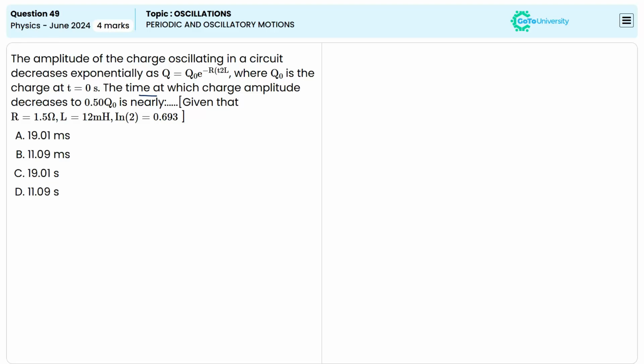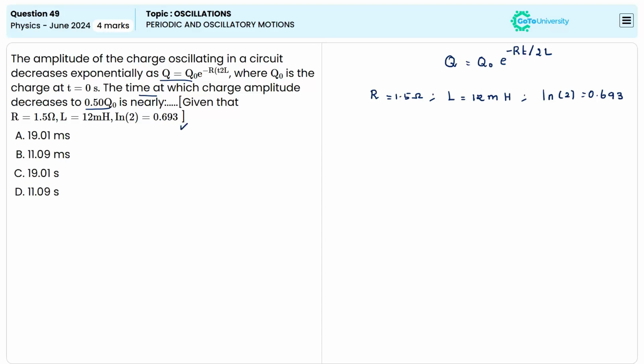At what time does the charge amplitude decrease to 0.5 Q naught, whereas the amplitude of a charge oscillating in a circuit decreasing equation is given in the question. It's given as Q is equal to Q naught e power minus RT divided by 2L, whereas the value of R is given as 1.5 ohm and the value of self-inductance L is given as 12 millihenry, and we know that the value of ln 2 is